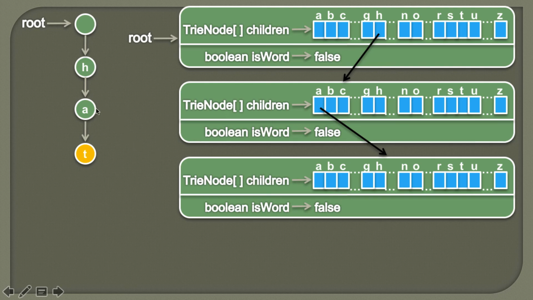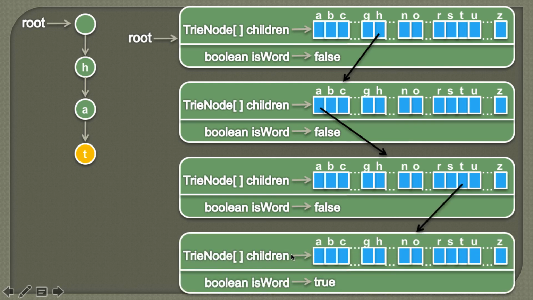And similarly after a we go to t. So from this trie node, after inserting a, we simply traverse to this trie node, we go to the index which maps to t and we see that it has a null value. So we'll simply create one trie node, and whatever value this object will hold in memory, we'll simply store it into this index. Because here a particular trie node refers to other trie nodes. So here this trie node is referring to this trie node from the index whose character value is t.